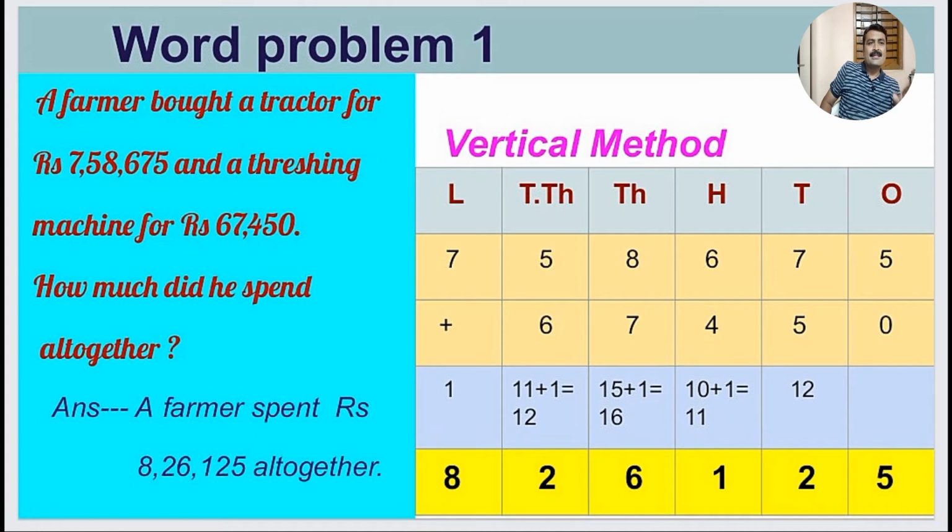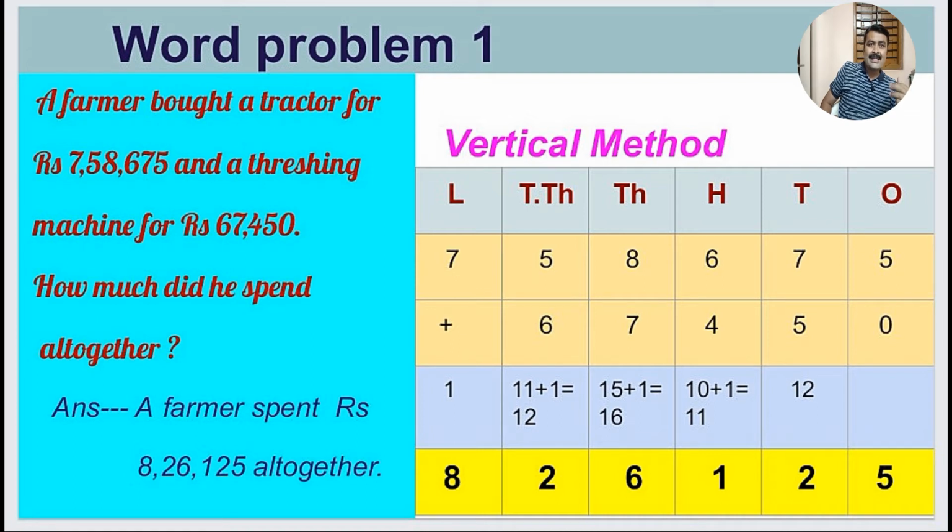So it is important to complete the answer of any word problem. We make a vertical arrangement for addition. This is the half part of our answer, and the remaining half is that after completion of the process you have to complete the answer of that word problem in a full sentence. So how can we complete that full sentence? Look at the last question given in the problem.